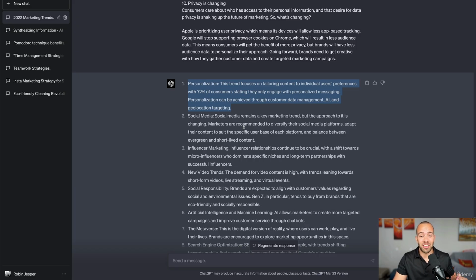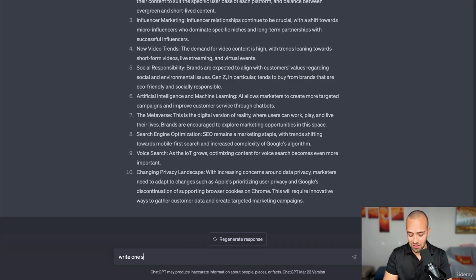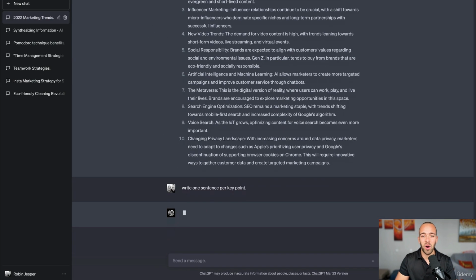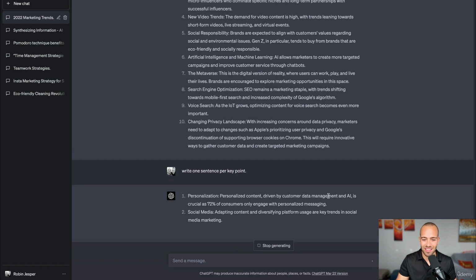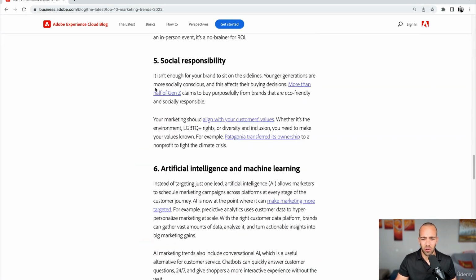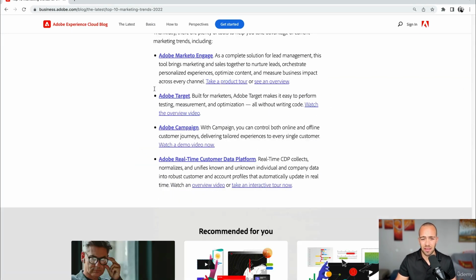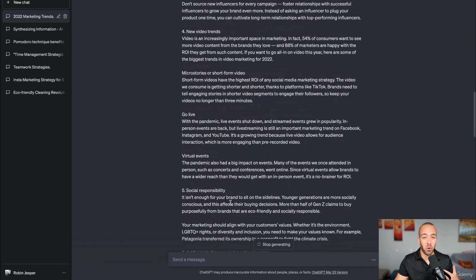So if you would like to condense this even more to save even more money, you just ask it to write one sentence per key point. Look at this. This is one sentence per key point. So this is how you take all of these lengthy texts, as you can see, all of this complex and lengthy text. And if it was more complex, what you can do is you can go over here and ask it